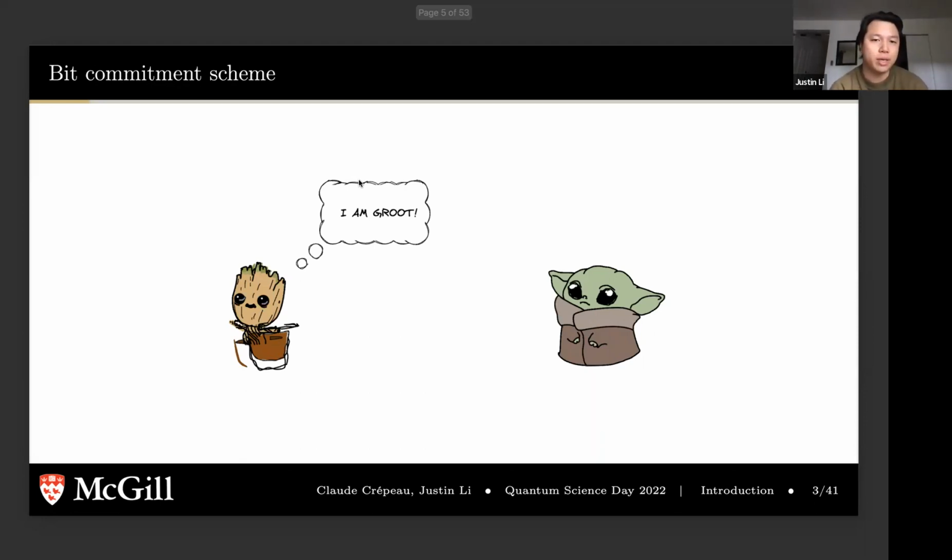players, and one player wants to convey a message to the other player, but he doesn't want to announce the message directly. He wants him to know the message only after some time. So how can he do that? This is what a commitment scheme can achieve. First of all, let's say that on the left-hand side, there's a message that he wants to announce to the right-hand side, which is "I am good."